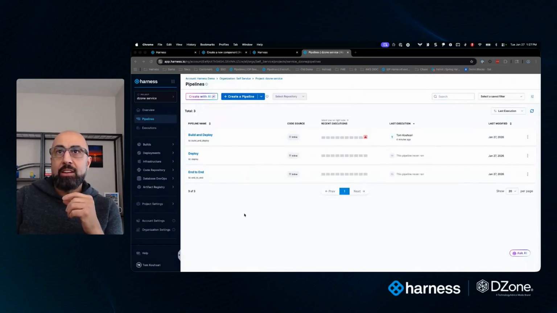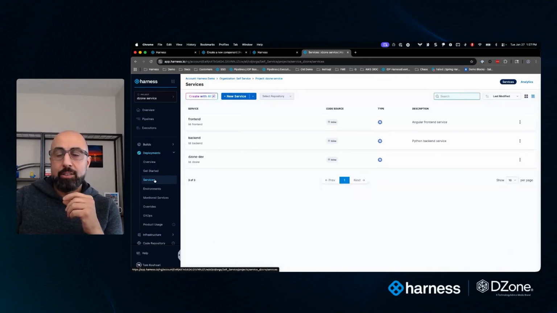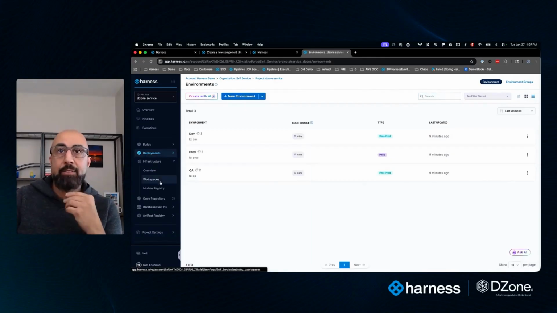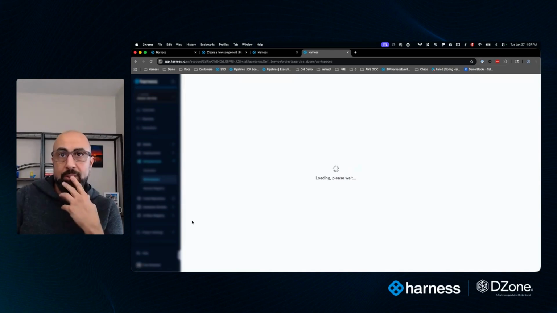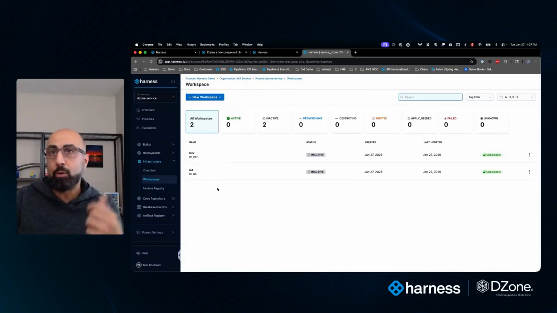And in the platform, I have pipelines. If I go over here, I have services. The services represent the things that I'm deploying. I have environments: a dev, a production, a QA environment. I have infrastructure workspaces. So this can represent, again, the infrastructure as code that represents my dev or QA